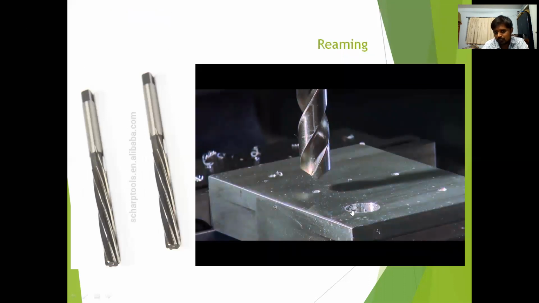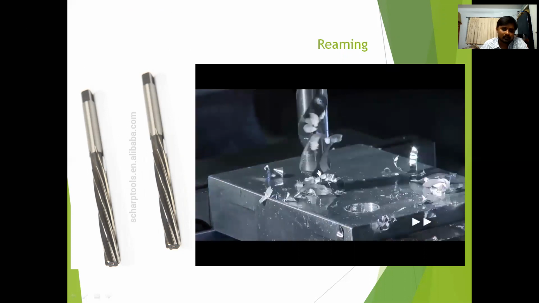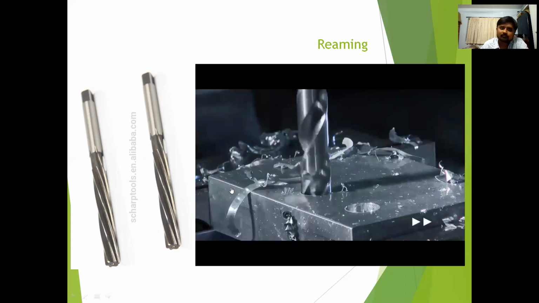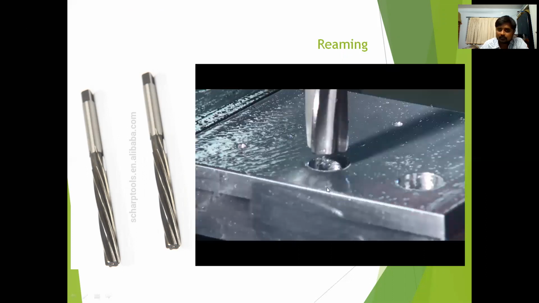If you want to perform the reaming operation, you must already have made a hole using the drill bit. This is a drill bit, and we are going to make a hole using the drill bit on this workpiece. You can observe the internal surface of this hole, and this is the reamer. You can observe the internal surface is a rough surface. By completion of the reaming operation, we are going to get a very smooth surface.